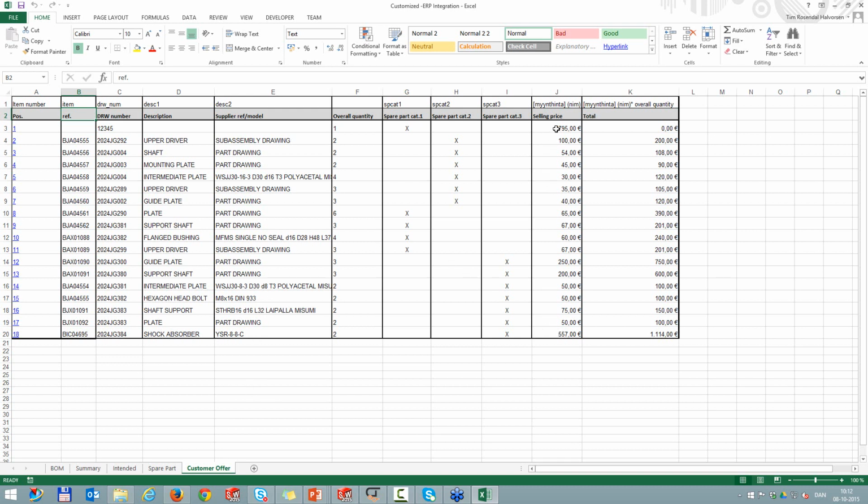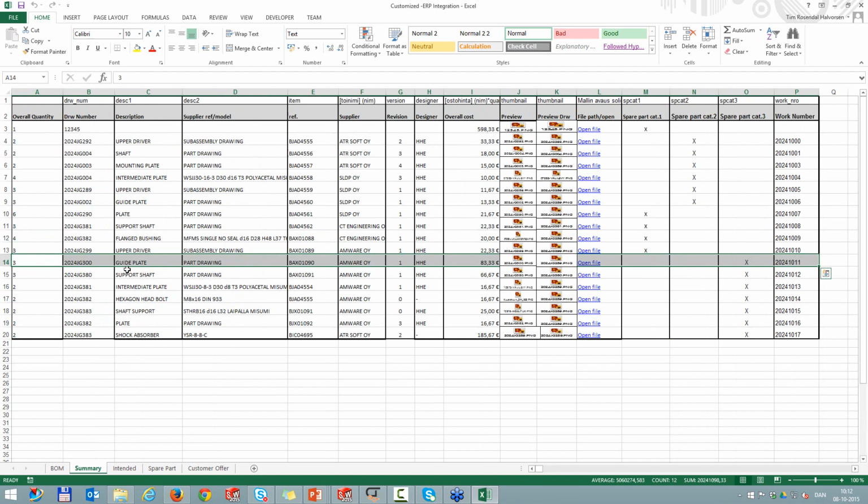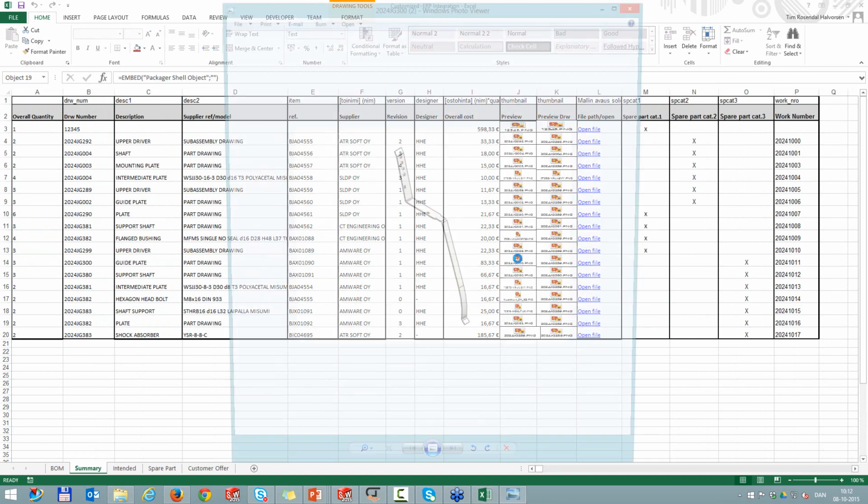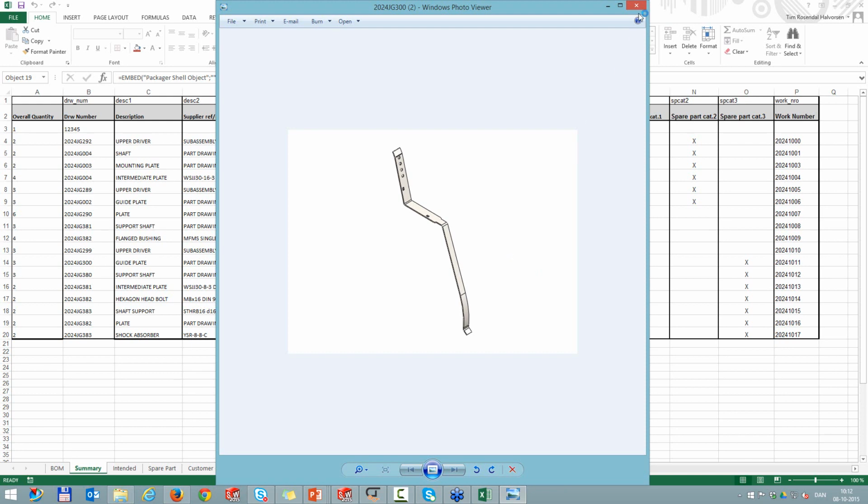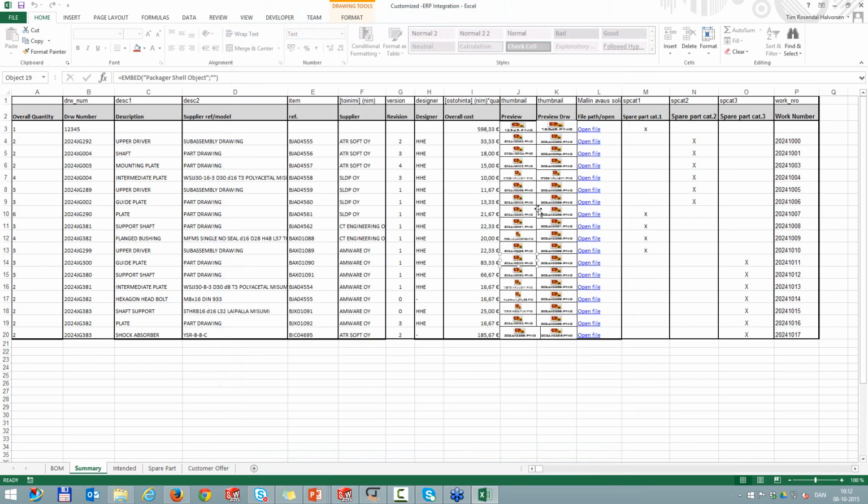And we have the price and the accumulated price, and if anyone was in doubt what the guide plate was, for instance, then they could just click on the hyperlink in the first column, which would take us back to our summary, highlight that guide plate, and then they could open up the PNG and see, oh yeah, it's that file. So a lot of functionality really added into Excel, and it's limited time that we need to do these scripts, but the amount of time that you are saving is tremendous. I mean, a solution like this is going to pay off in no time.